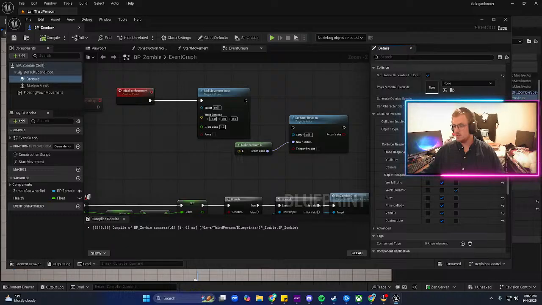This is the real issue. If you set the zombie's collision to no collision and it still doesn't move after we've confirmed everything else, that's extremely unusual. It means we need to do one final powerful test to see if the movement component is working at all. Open your BP Zombie blueprint, disconnect the nodes from the initialize movement event. Find the event tick node, drag